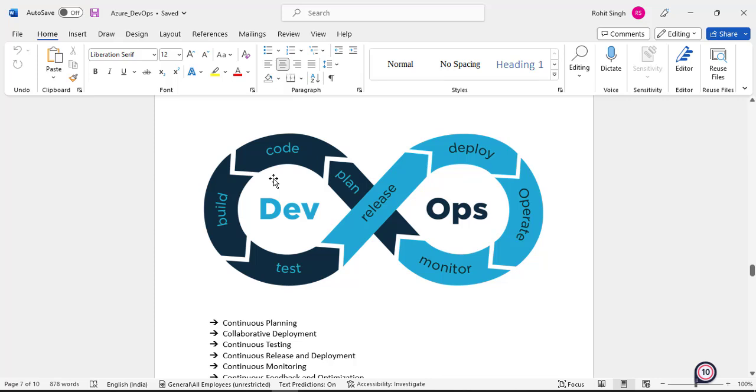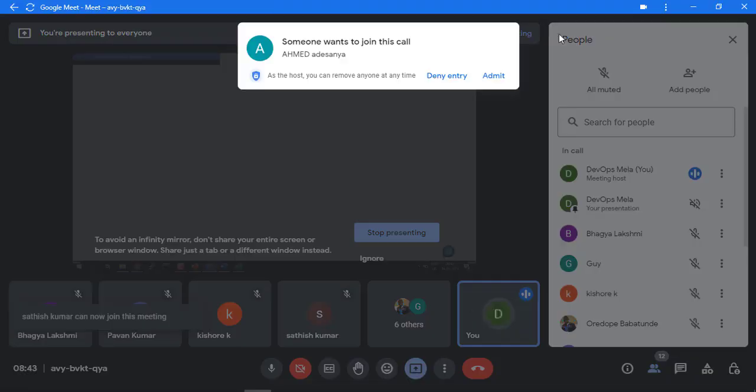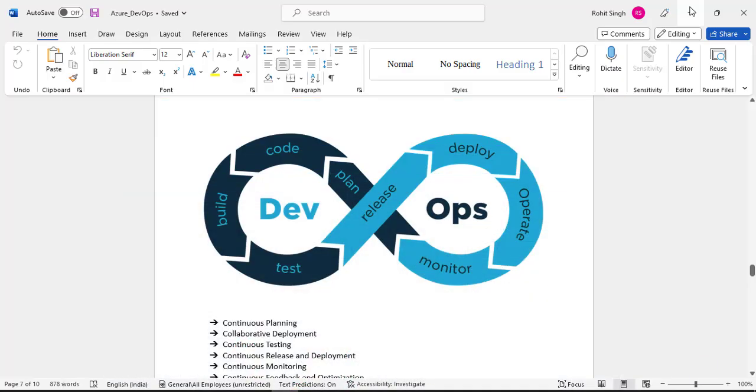Now DevOps is not just about development, as you have seen earlier. All the Agile, Scrum, and whatever we spoke about till now, this was all about development. Now in DevOps we are not just talking about development, we are talking about the complete loop, starting from planning, ending with monitoring. Everything we are talking about: planning, coding, building, testing, release, deployment, operations, monitoring.